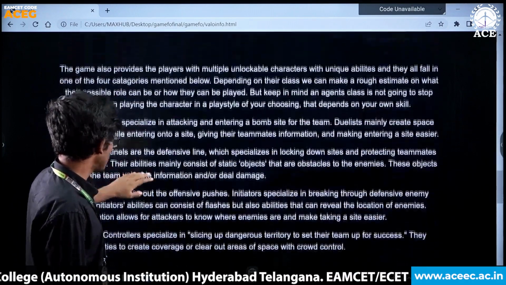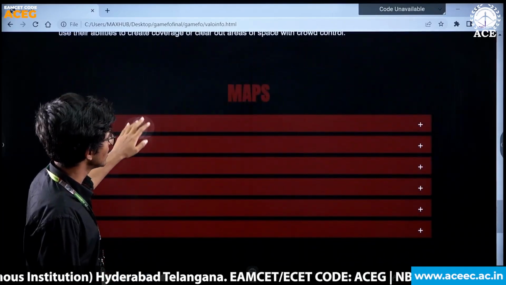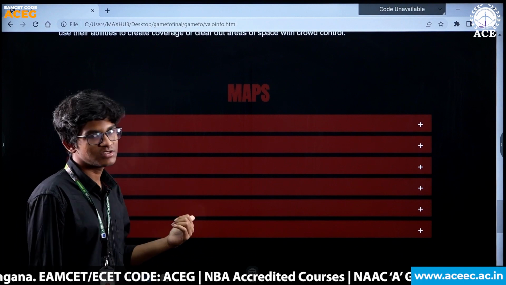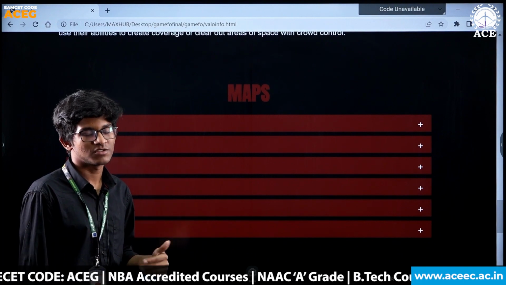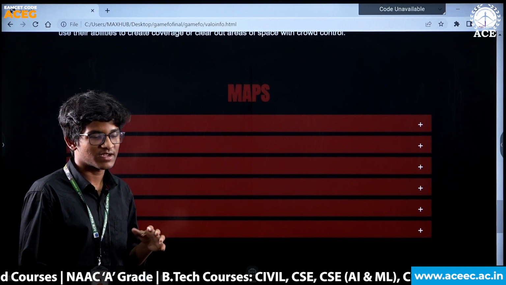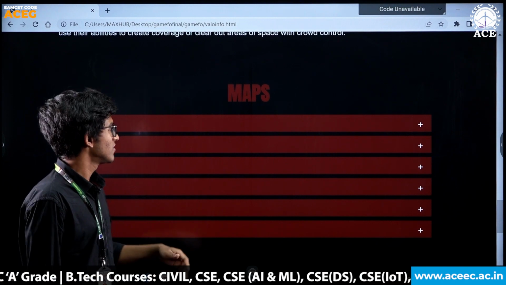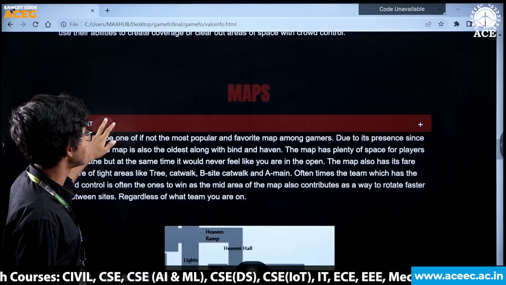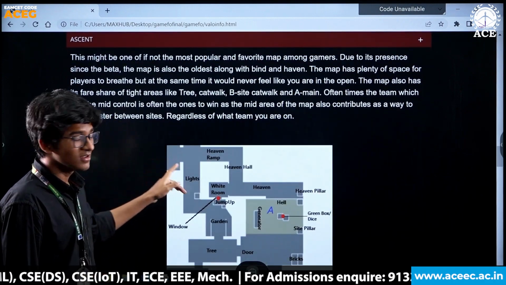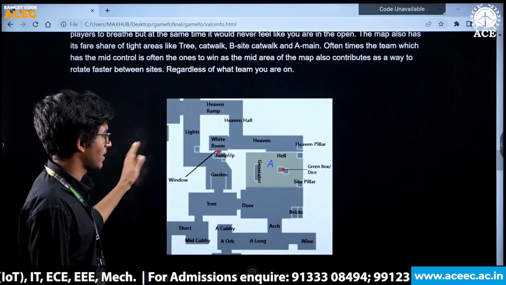After all this information, we have used JavaScript to make accordions, and in these accordions we are going to store our unique information, which would be helpful. It's kind of tip based. Let's say there are maps in Valorant. I have taken an example of the map called Ascent. There are different callouts in the map which